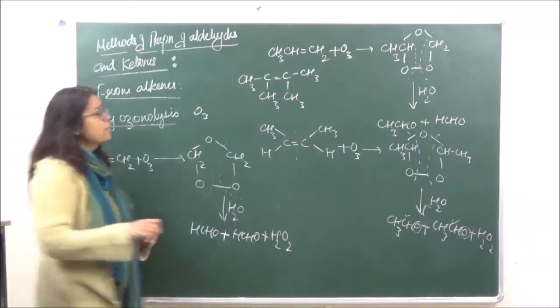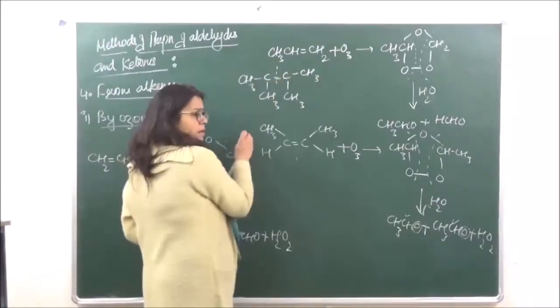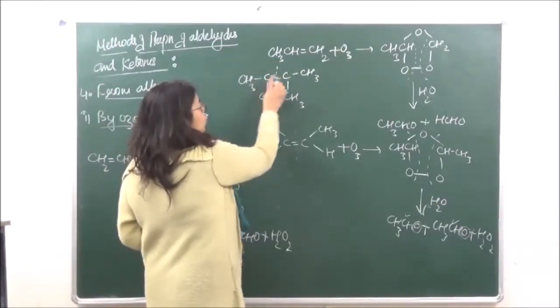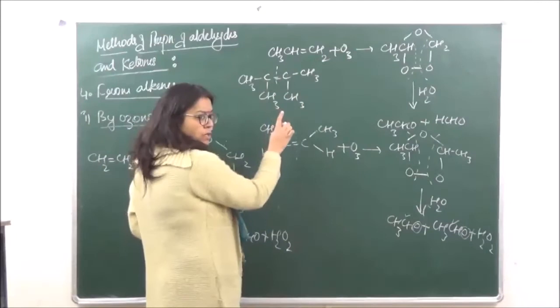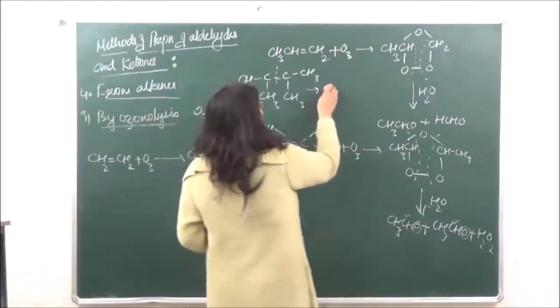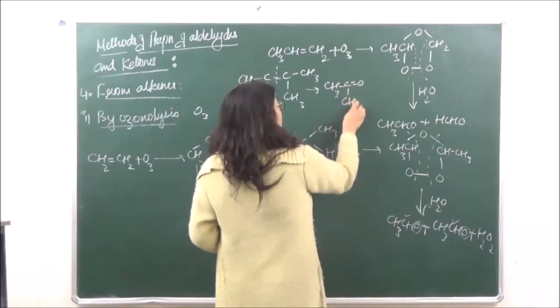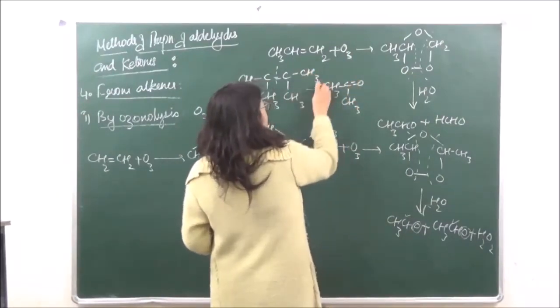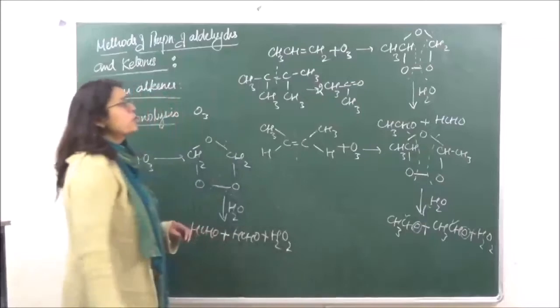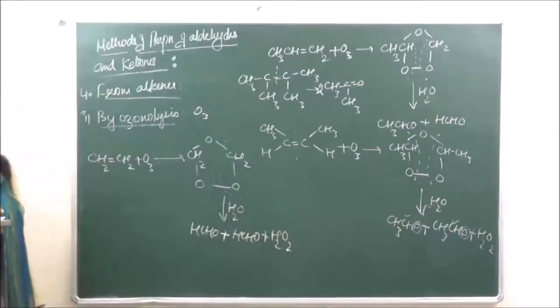So it is very simple. You have to cleave the bond from here, and you will add double bond O to this carbon atom and double bond O to this carbon atom, such that the products which we are going to get is C double bond O and CH3. Similarly CH3 CH3 C double bond O, so we get two molecules of acetone. Is it clear? So this is how you can manipulate the products from the reactants, or vice versa.